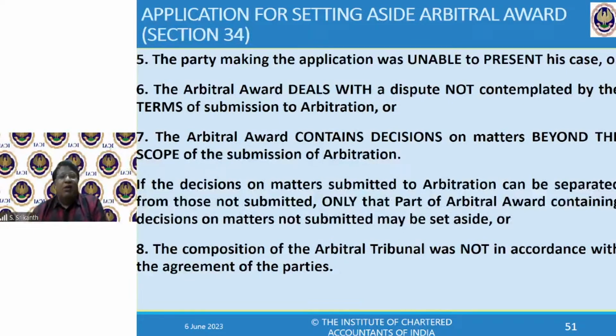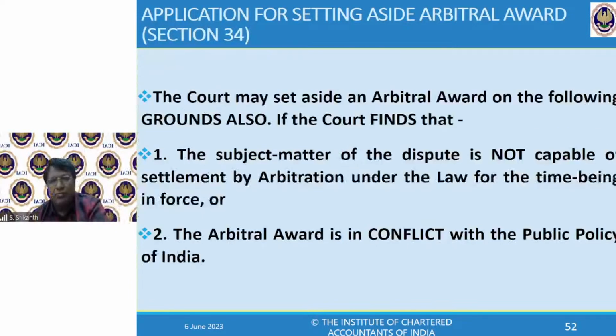Finally, the composition of the arbitral tribunal was not in accordance with the agreement of the parties. This is where you can go again and again. Composition of the arbitral tribunal. The court may set aside an arbitral award on the following grounds also. The subject matter of the dispute is not capable of settlement by arbitration. I told you, certain matters cannot be arbitrated. The arbitral award is in conflict with public policy. Correct? So in those cases,